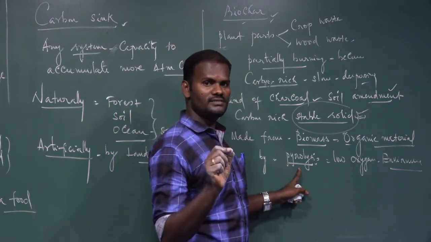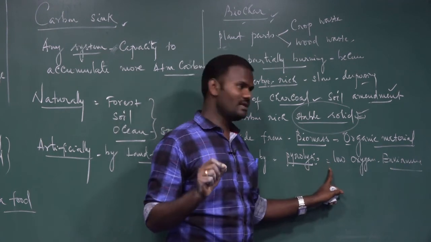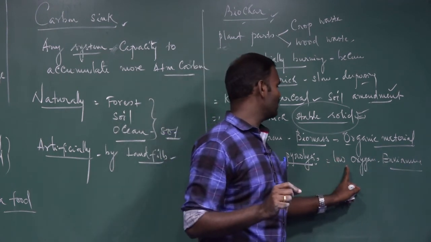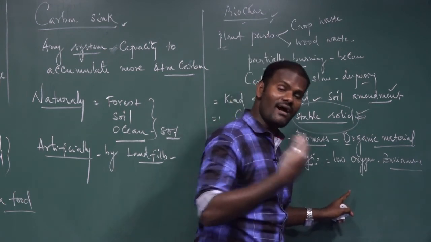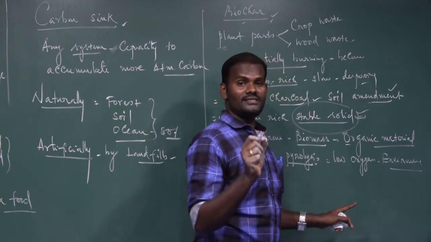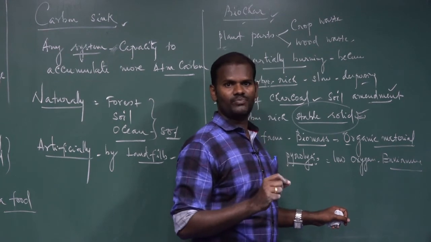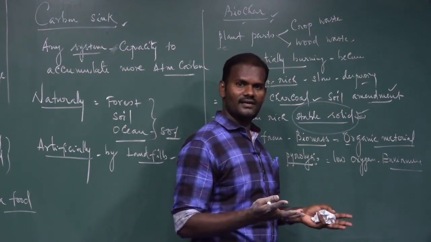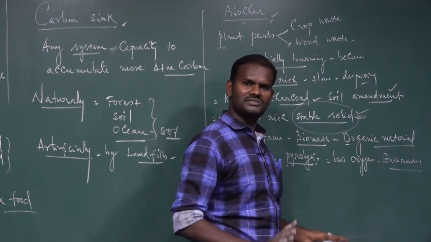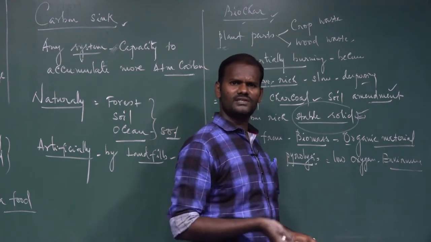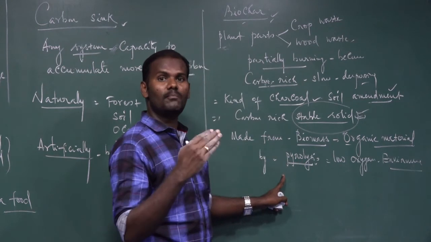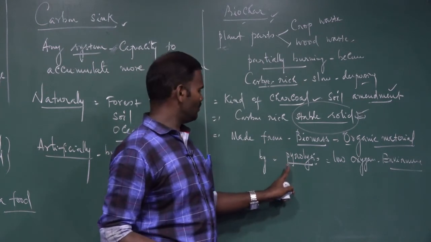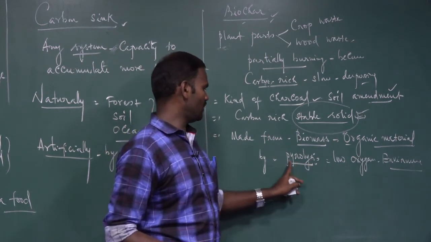What do you mean by pyrolysis? Treating this organic material under a low oxygen environment. If we treat it in a high oxygen environment, what will happen? Oxygen is a good supporter of combustion. If you apply high oxygen content, they completely burn, release ash, and increase carbon in the atmosphere. To prevent this, we arrest the complete burning of wood by using the process called pyrolysis.